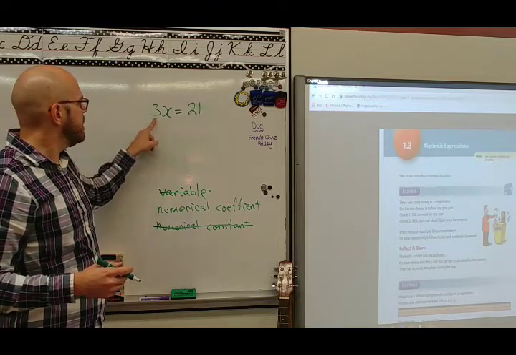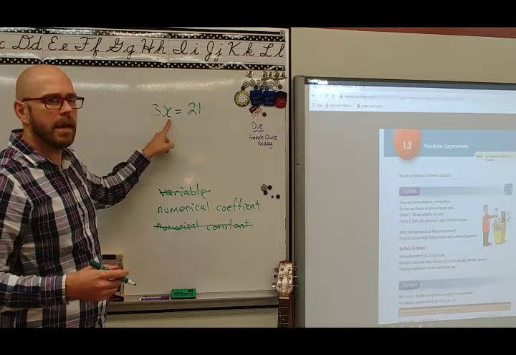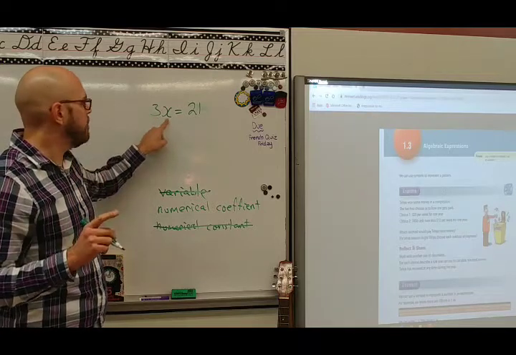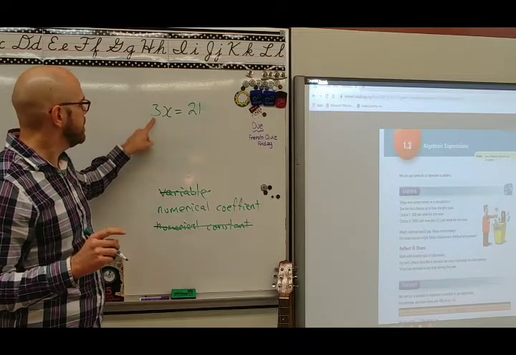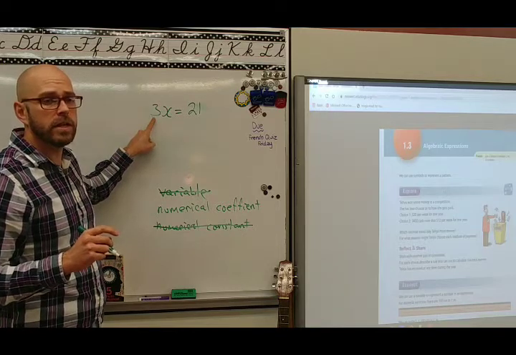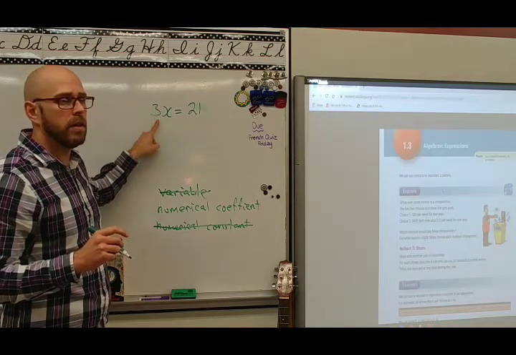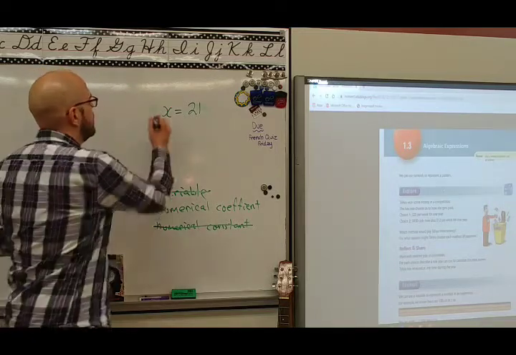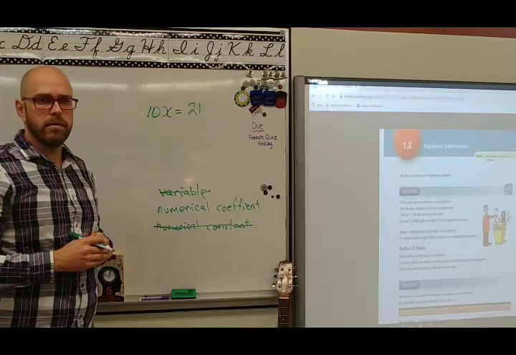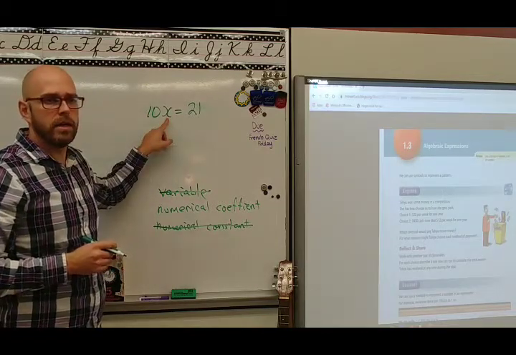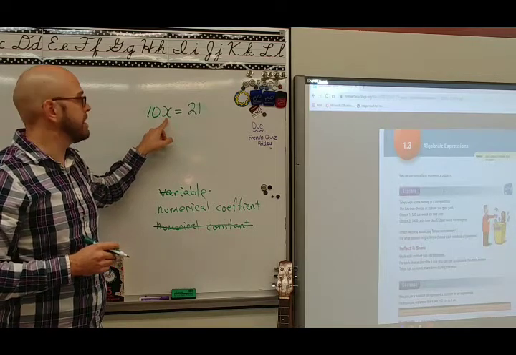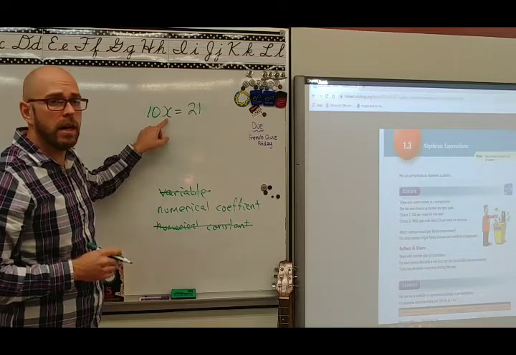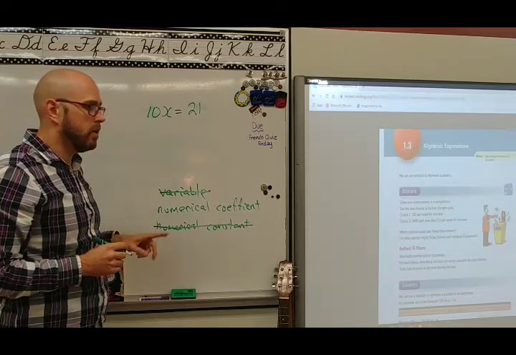Well, this 3 is 3 times that x. These are linked. They are one number. We have a variable here, but this is a number that is coefficient. It is co with the variable. It changes what the variable could be. Because what if I changed it to this? Would that change the value of x at this point in here? It would, because 10 times something equals 21, but it ain't 7. So the numerical coefficient affects the variable. So, to review,